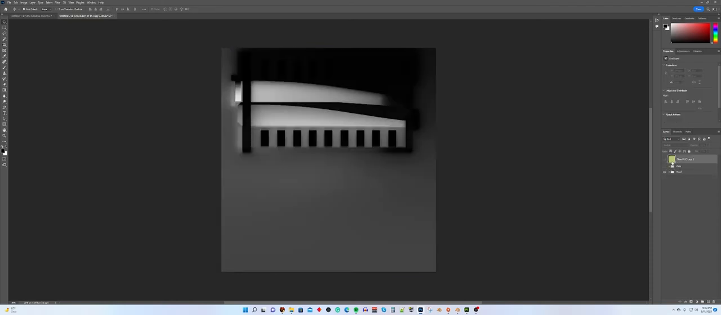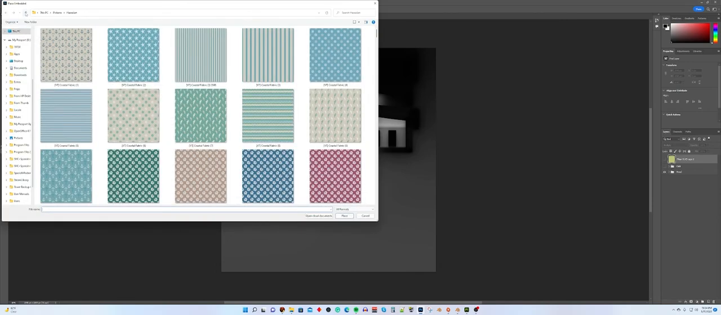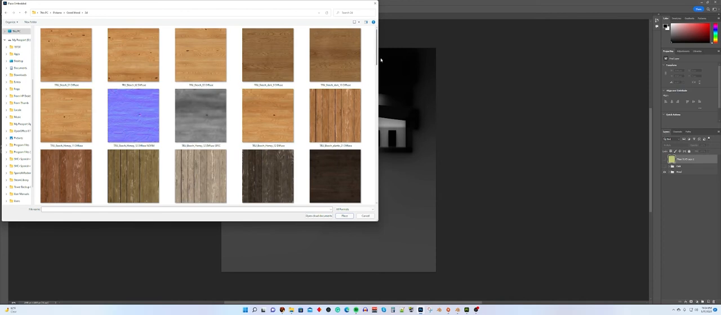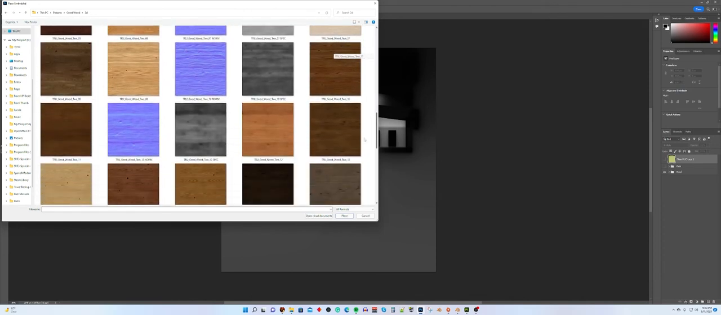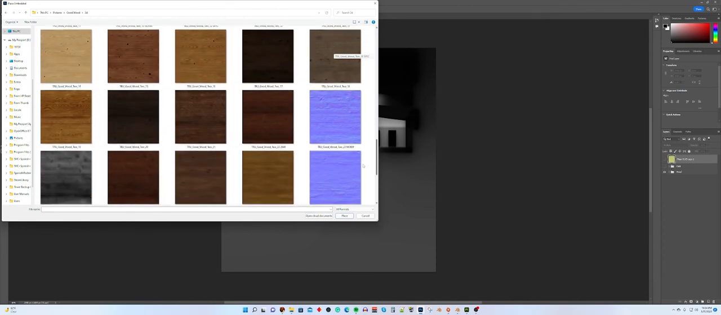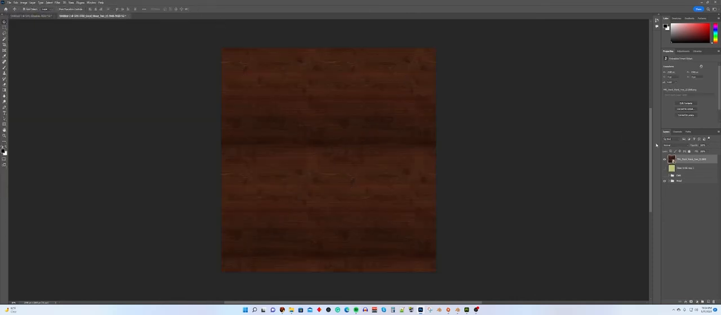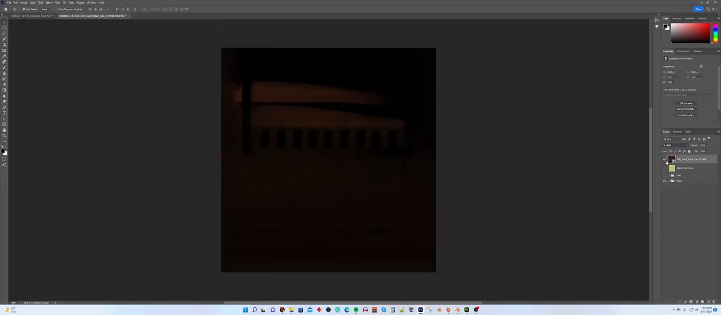Let's put some wood on here. I'm going to go up, and I have a bunch of wood over here. It's something called Good Wood 2D. I've already made it into a 2048 image, so I'm not going to have to do that while you watch. So let's do that. Set it to multiply, and then we're going to export that as